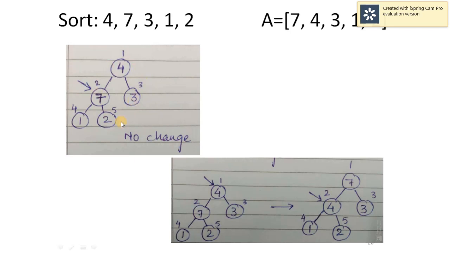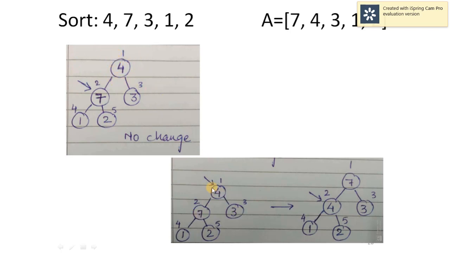So we have visualized it in the form of a tree. There are only 5 values, so 3 values are at leaf positions, and we will not execute max heapify on them. We will start with index position 2. So 7, 1, 2 will be compared. There will be no change. Next i will be reduced to 1 and we have reached the root node.